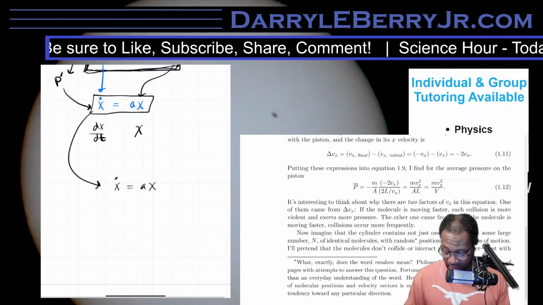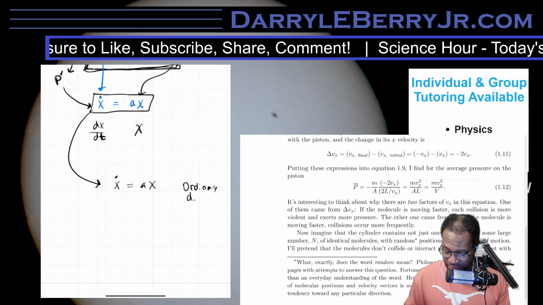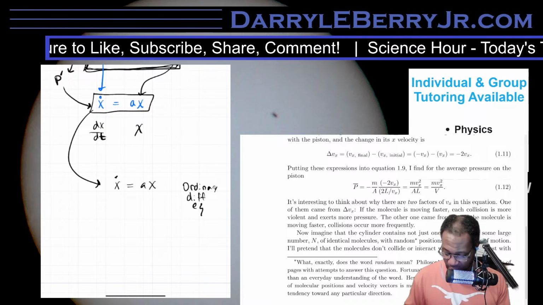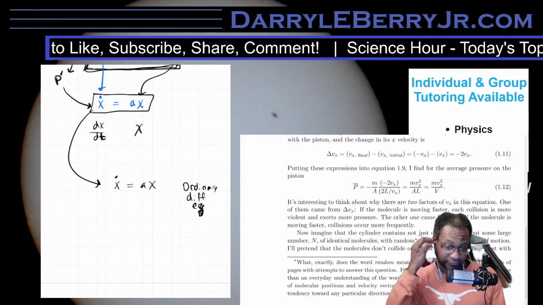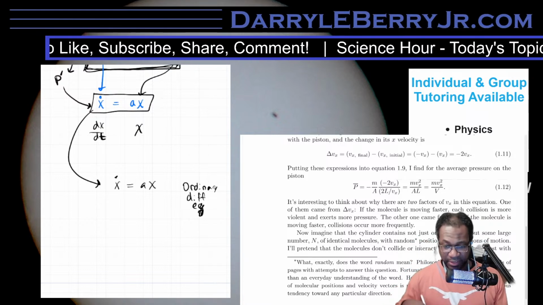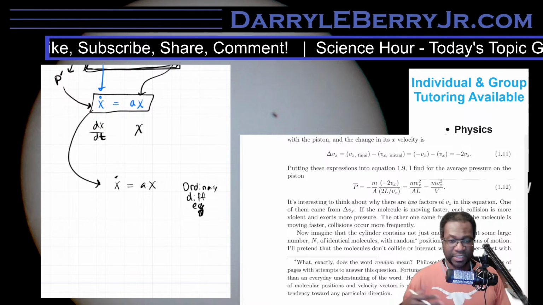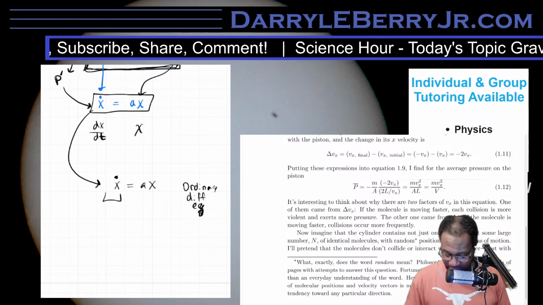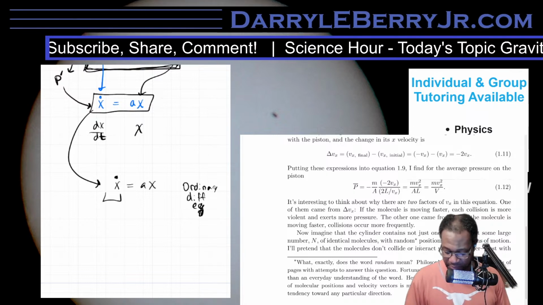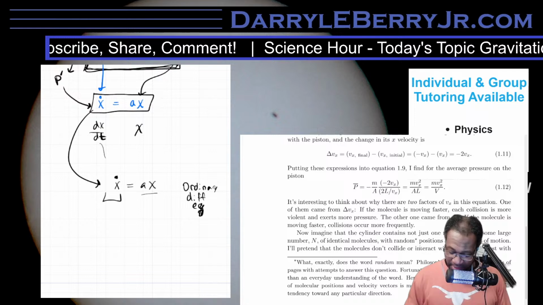And this is what's called an ordinary differential equation, right? Because when we look at it, it's just a derivative of something on one side and something times the function that's being differentiated on the other side. So this is the derivative. The x dot is shorthand for the derivative with respect to time, and this is just x, whatever x is.